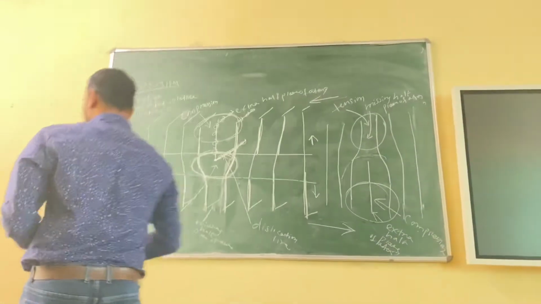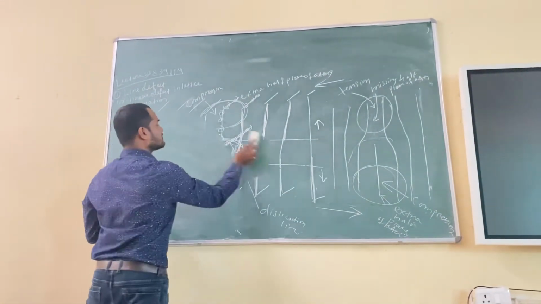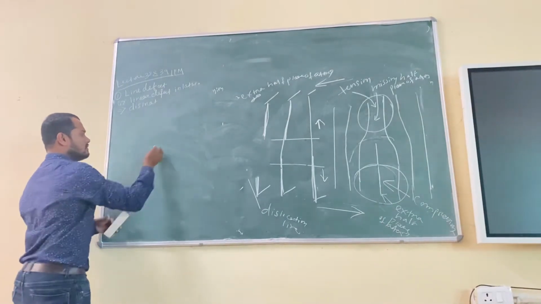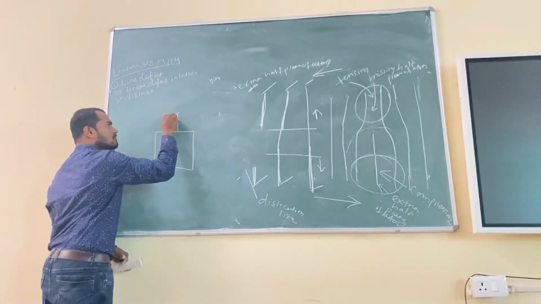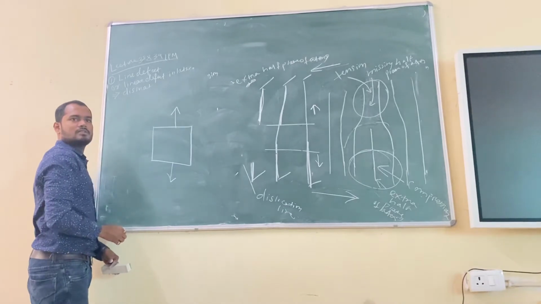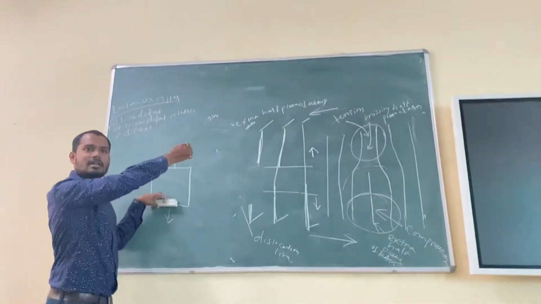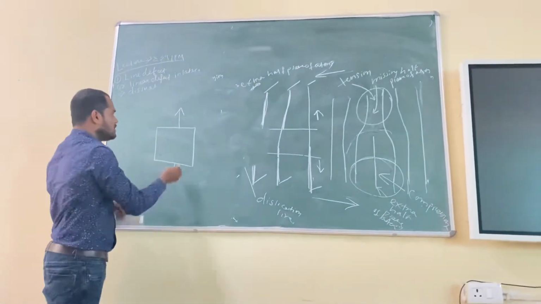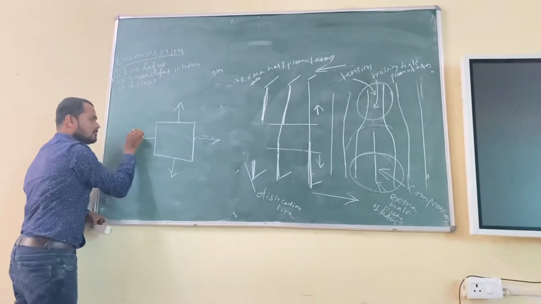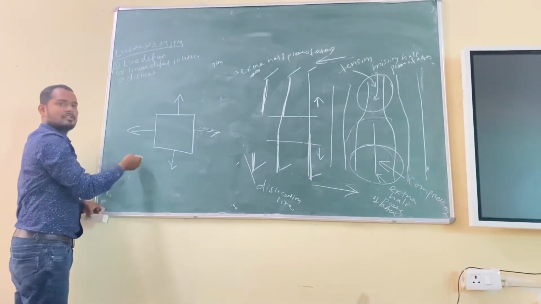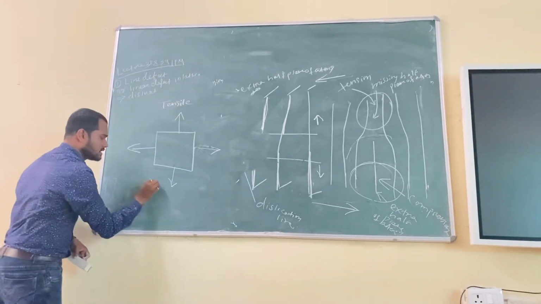Tensile stress is how? How to represent a tensile stress? Can you tell me? Suppose this is a material. How to show tensile stress? This is tensile stress. You are pulling just. You can make it fixed. You pull it in one direction. That is called uniaxial tension. And this is biaxial, you are pulling it, right? Basically, actually, this is uniaxial. Suppose biaxial may be like this. Right? This is biaxial. This is tensile.